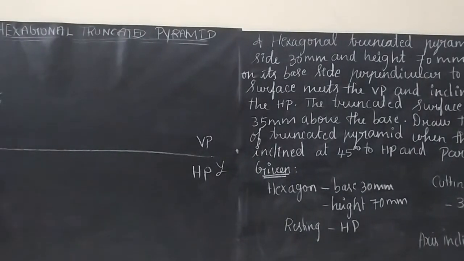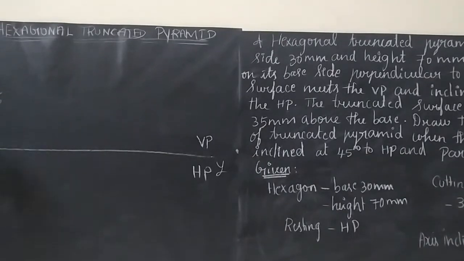So when you draw the cutting plane, you need to mark the cutting point. See here, if we draw the cutting plane here, this point holds good for two edges, that is O dash B dash, and O dash A dash. So we will be having two cutting points here. 1 dash will be lying between O dash and B dash, and 6 dash is between O dash and A dash. When you write the cutting points, you can write like this: 1 dash, 2 dash, 3 dash,